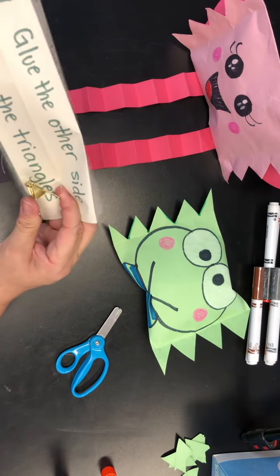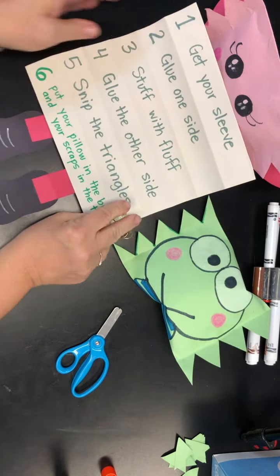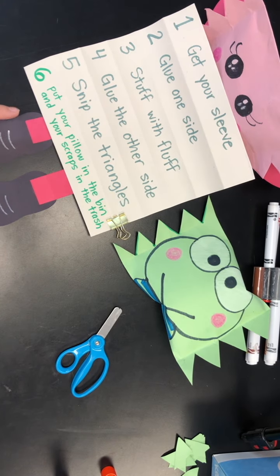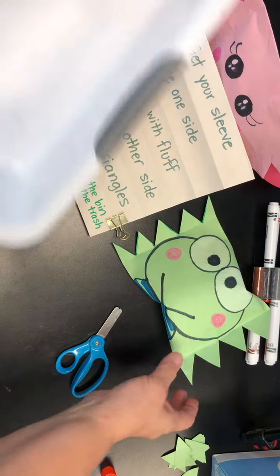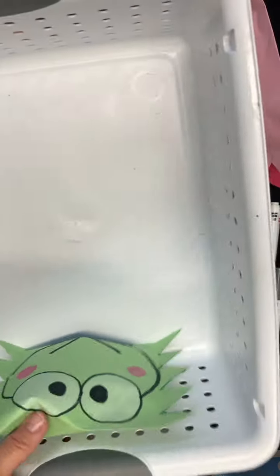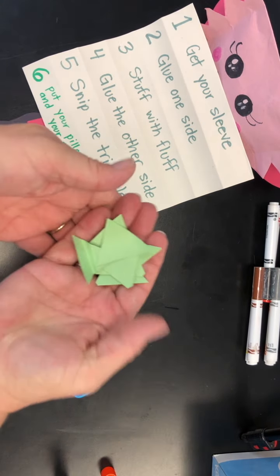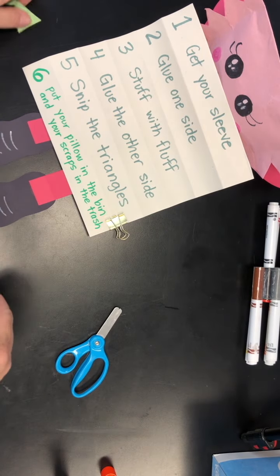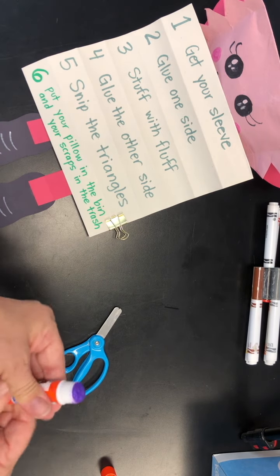All right, our next step is to put your pillow in the bin, and it's a white bin, and your scraps in the trash. So we're cleaning up the paper at this point. There's going to be a bin with your class name on it. You're going to put the pillow, it's like putting the pillow in the crib. You're going to put the little pillow in the crib in the little white bin with holes in it. You're going to take these scraps to the garbage. And then once you've put away all your supplies,